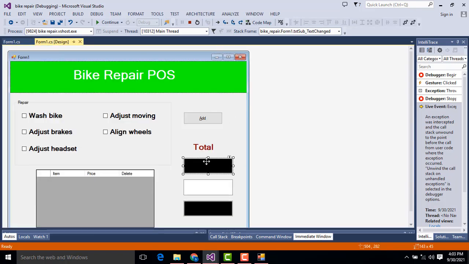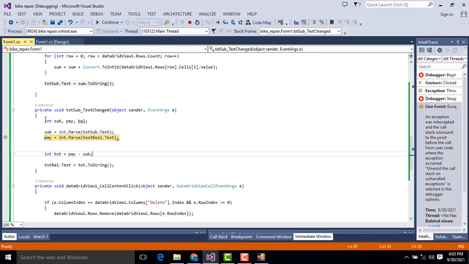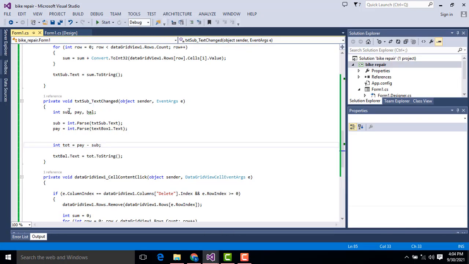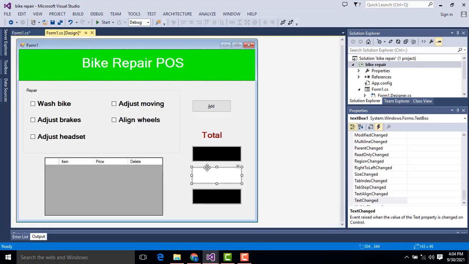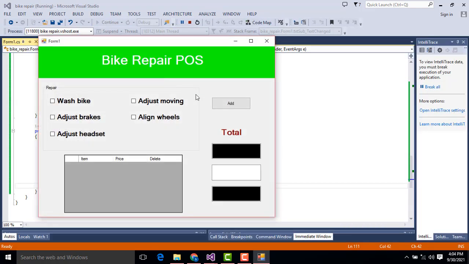What was the problem? Okay, sorry. The problem is here. This one you have to paste it. What is the problem here is we have to change the same code. You have to paste here as well, not only here. That's the problem. Right. Now again I am going to repeat the steps. Click add button. Here it's working perfectly well. If you delete, it reduces. Now it's working well.